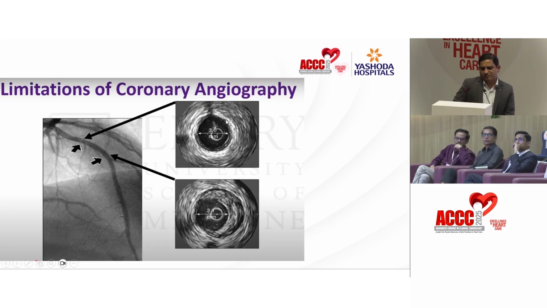And why we interpret angiograms as normal most of the time is that angiogram is a two-dimensional modality. Most of the time imaging is okay, but sometimes if you are not viewing in multiple directions, the image in this angiogram appears to have the same lumen diameter here and here. In the first place the luminal diameter is shown to be good, but here there is a crescentic plaque which is compromising the luminal diameter, and you may miss it if you don't do intravascular imaging.